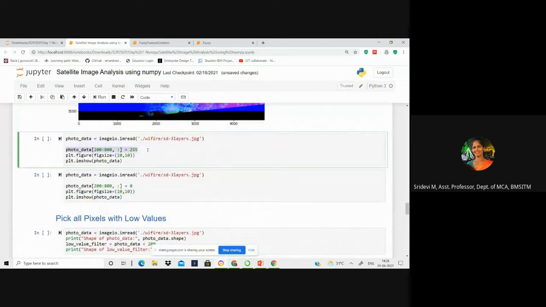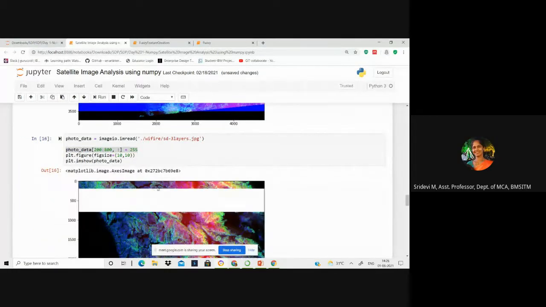Now, can anyone tell me what happens to the image with this command? Observe the command carefully and tell me what change will happen to the image. Remember, I'm reloading the image again and I'm selecting rows 200 to 800. For all the columns, I didn't mention any layer, but I'm intensifying all the colors to 255. What will happen now? Ma'am, white color will be generated. Very good. White color will be generated.